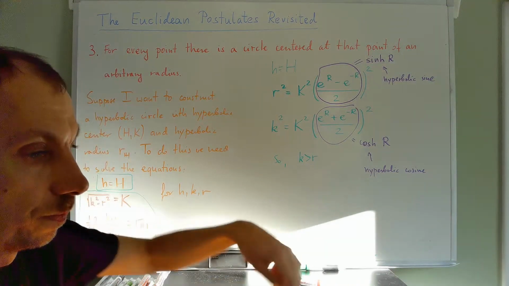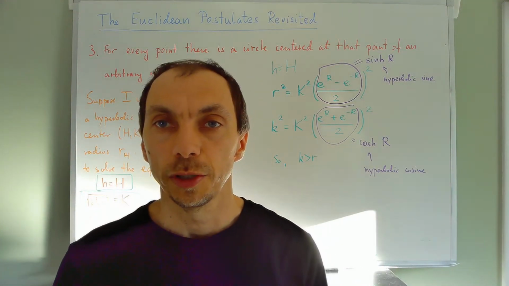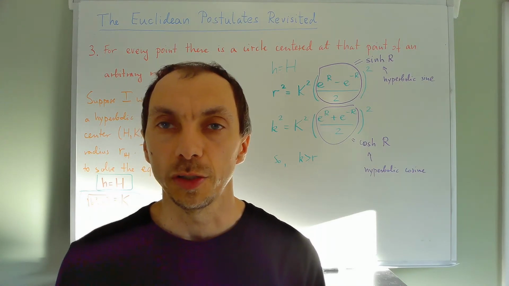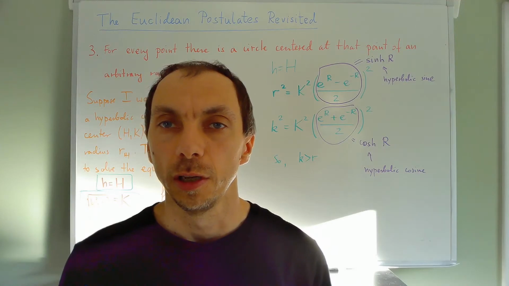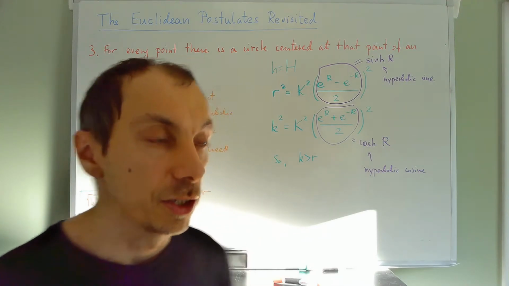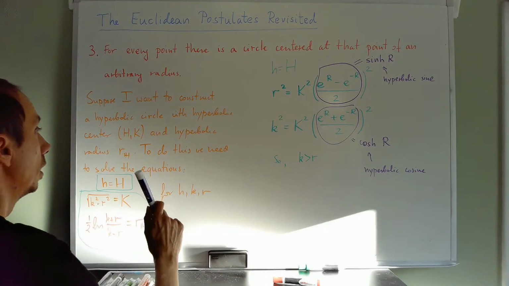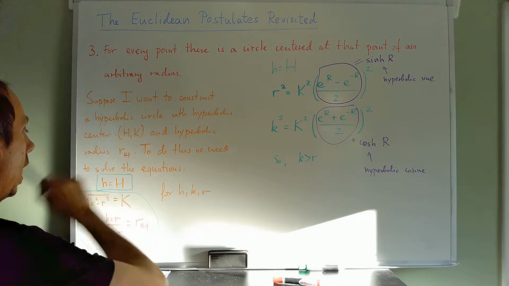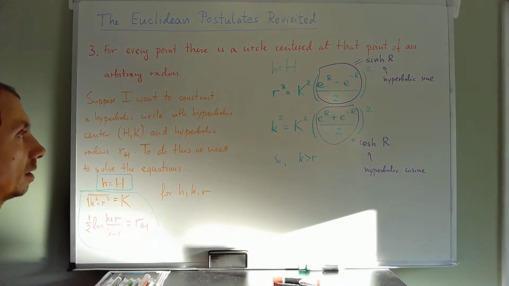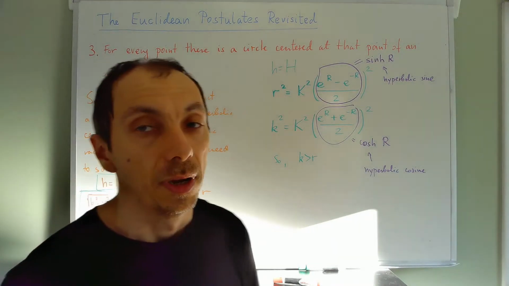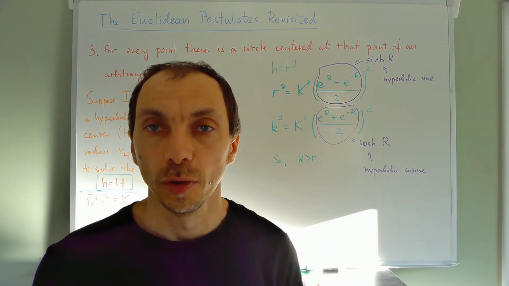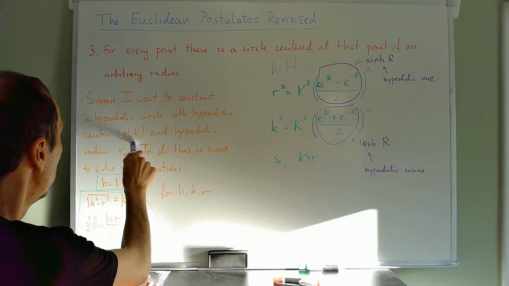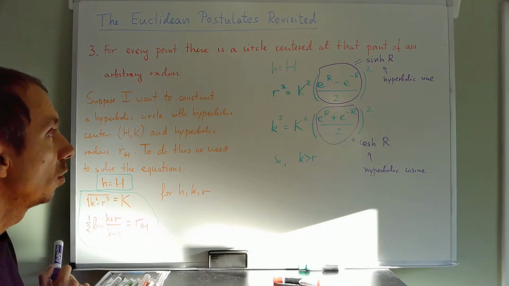But to sum up, the third postulate says that given any point, I can find a circle centered at that point of any radius that I want. So if you give me a point whose coordinates are H, K, and you give me a radius, then how do I find a circle whose hyperbolic center is H, K and hyperbolic radius is this? Well, I